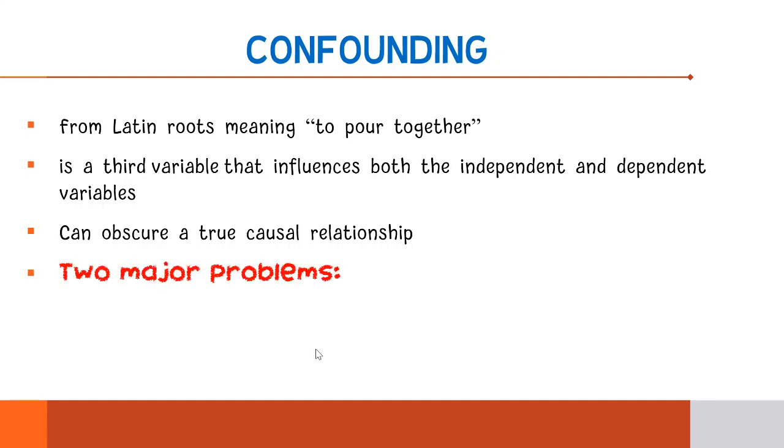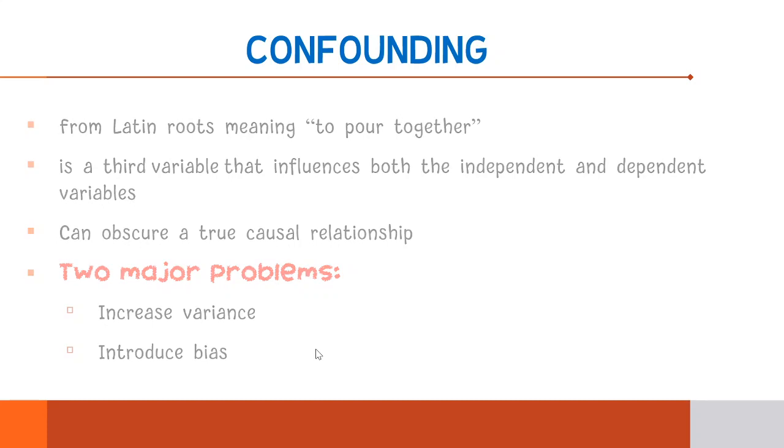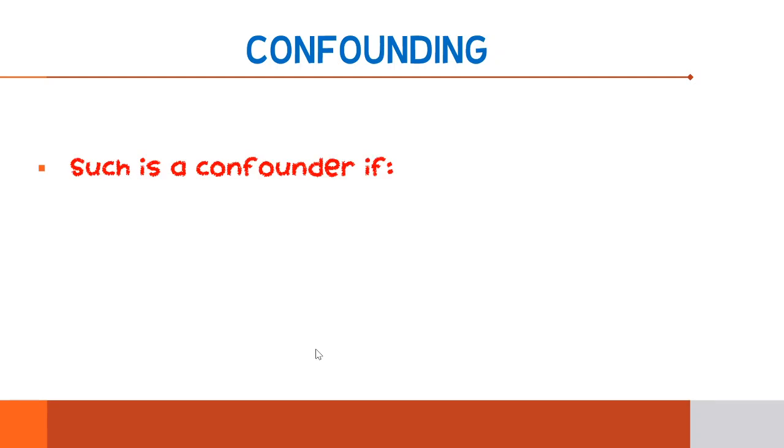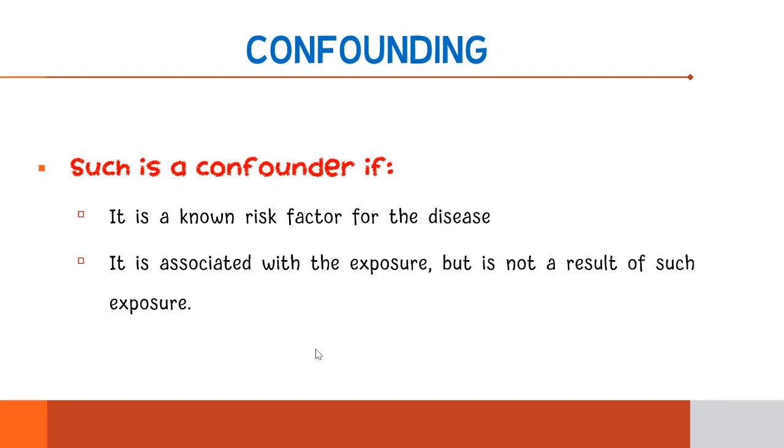So basically, there are two major problems when confounding is present. First, it could increase variance, and second, it could also introduce bias. Confounding is a hidden effect on our outcome. So, how would we know if it is a confounder? First, if it is a known risk factor for the disease, and second, if it is associated with the exposure but is not a result of such exposure. So, to give you an example,